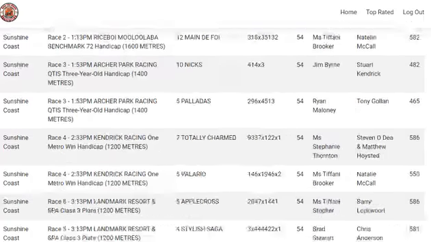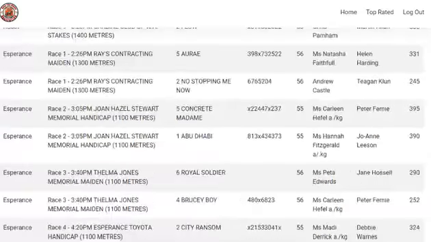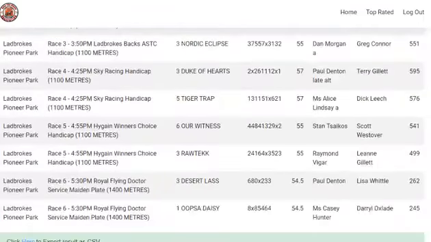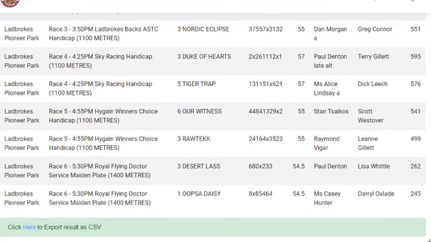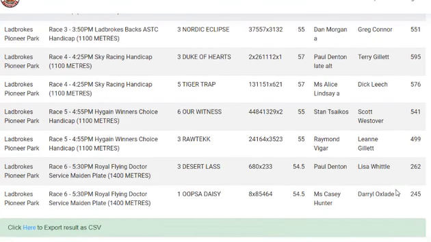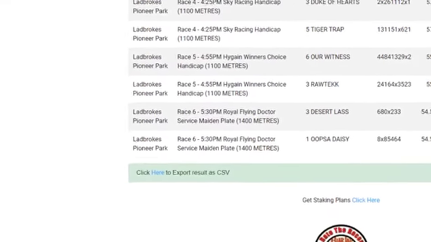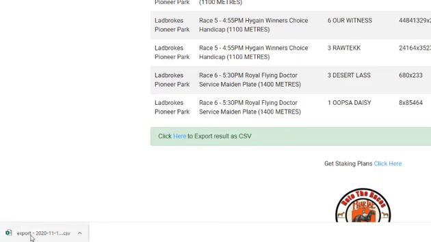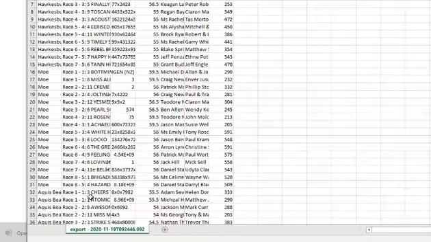But if I scroll right down to the end here, and if you're running Excel, which I recommend you do, if you haven't got it, I suggest you buy it on eBay. You can get it quite cheaply. We can click here and we can export all of these selections. So I'll just click on export, and now what I've got down here is the export. I'll just double click on it, and here you see all the races here